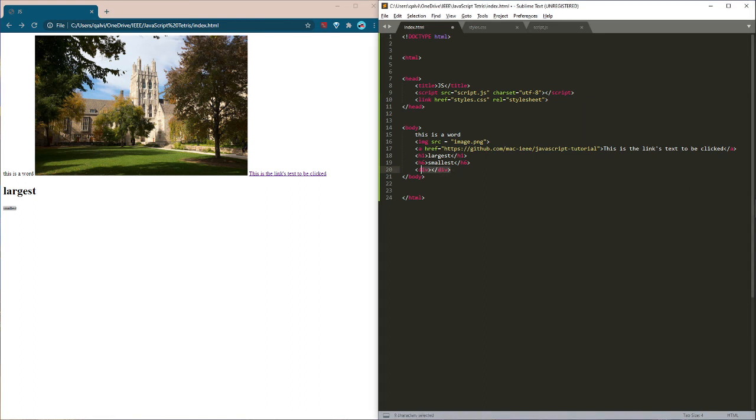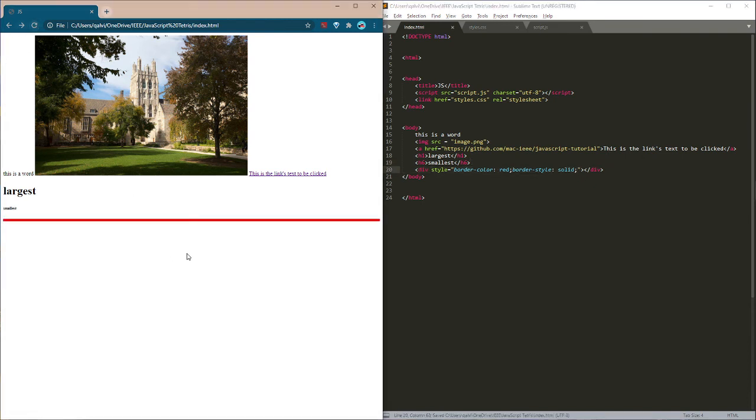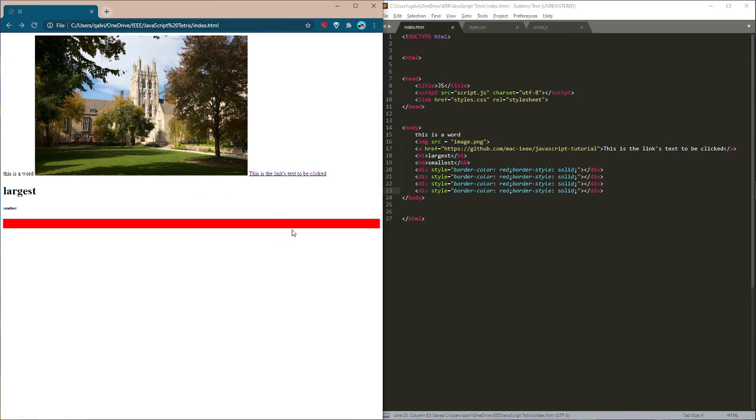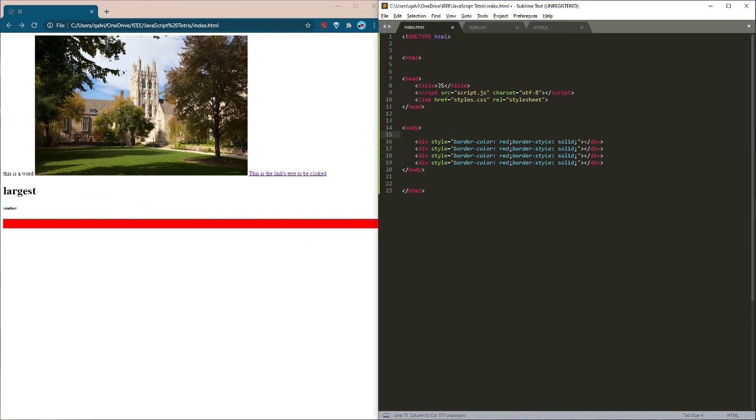So normally you want to put all of your styling into a CSS file, but just for the purpose of this example, I will put styling into this div. Save. And you just see this. This is a box, but there's nothing inside, so it just looks like a red rectangle. So if I add a bunch of these, you'll see a bunch of red rectangles stacked on top of each other. But if I take all this content and I put it in between my div,